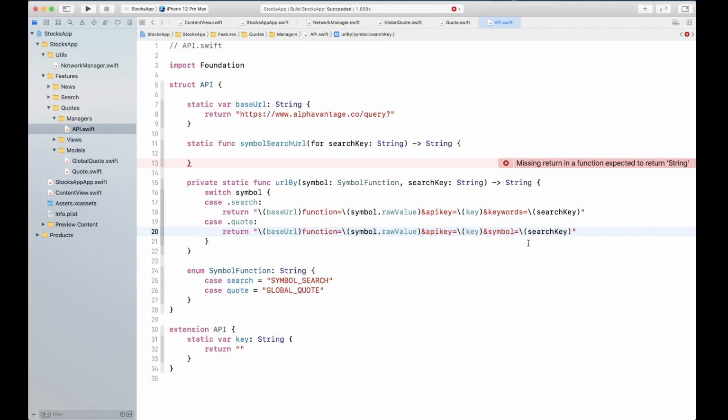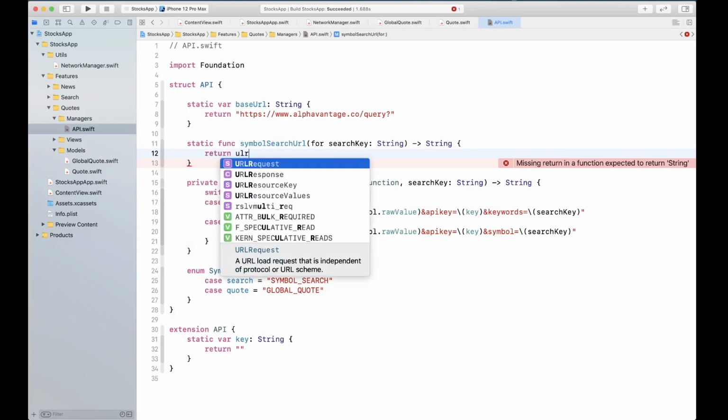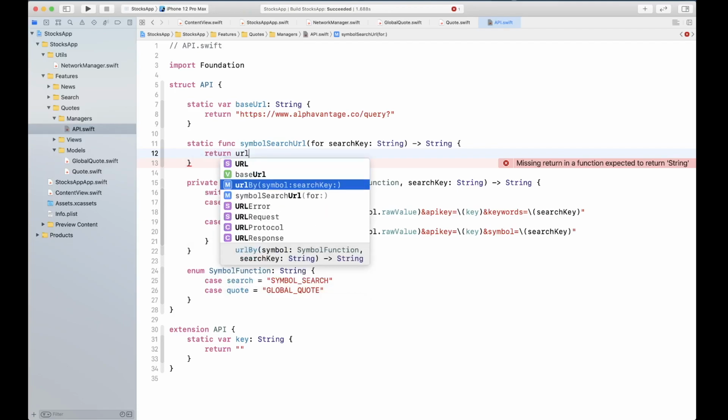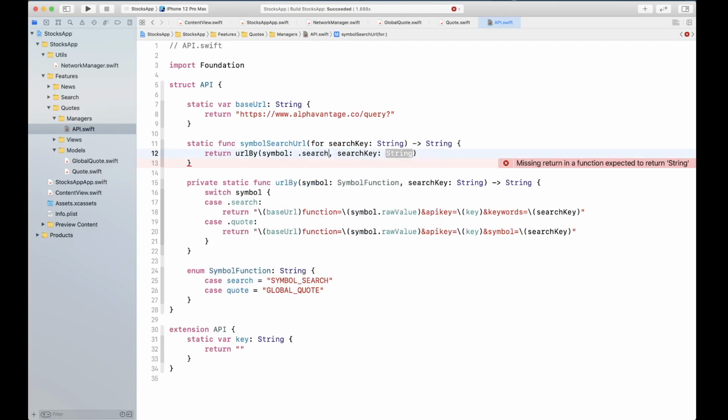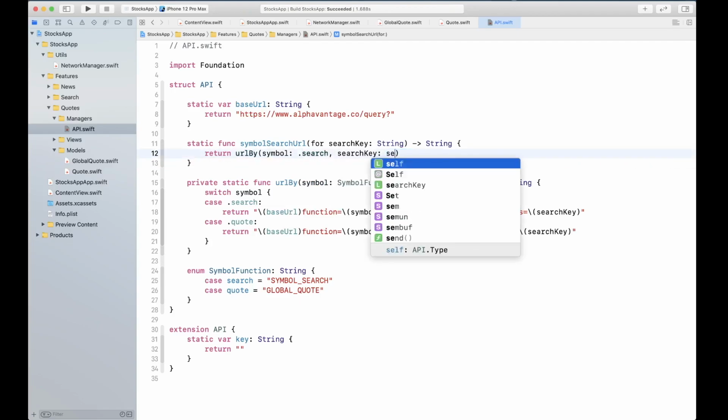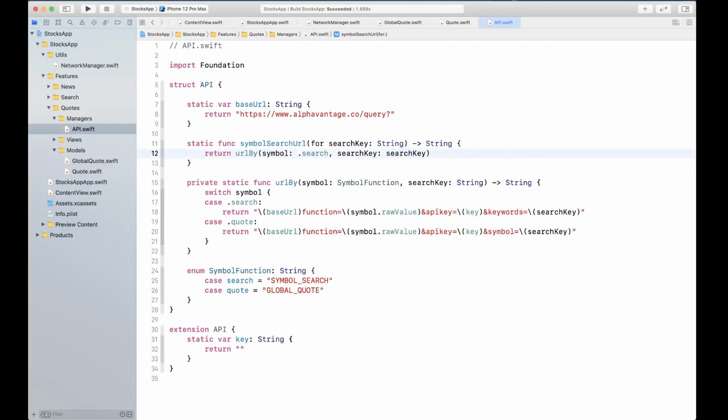So we're simply gonna change that, and rest of everything else is gonna be same. Okay, so now back to our symbol search, we can simply call this function URL by symbol, and we're gonna say this is search and the search key is the search key that has been supplied to us.